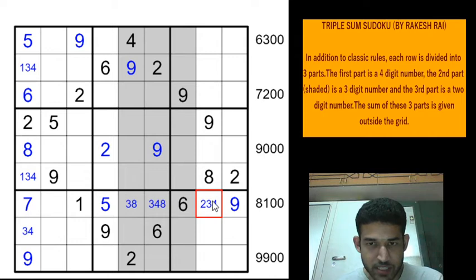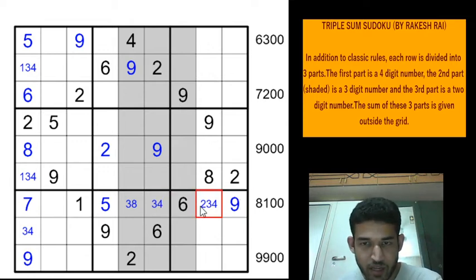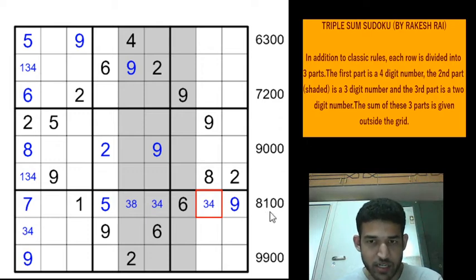So the tens position digits are row 7 column 8, row 7 column 6, and row 7 column 3. We have a carryover of 2, so 1 plus 2 will give a 3. Now we need either 7 to get a 0 here, or we need a 17. 17 from these 2 cells is not going to be possible because we have a 9 here. So we will get a 7 from these 2 cells, which means this cannot be an 8. And if you have a 2 here, this will be 5, so we can't have a 2 here as well. So this will be a 3, 4, right? So that when you add the carryover and the digits in the tens position, we get a 0 in the tens position, right?